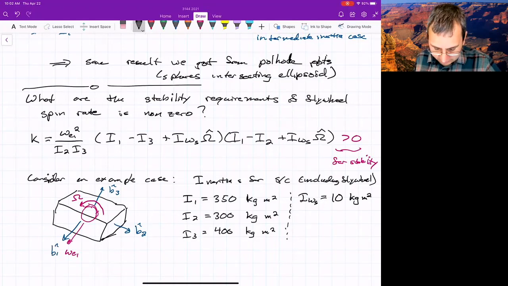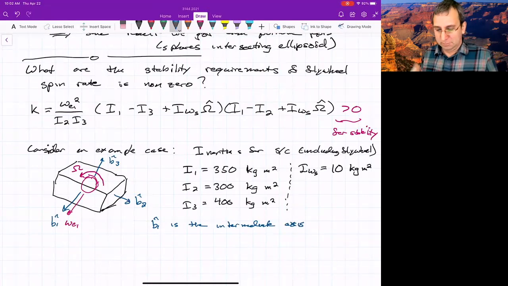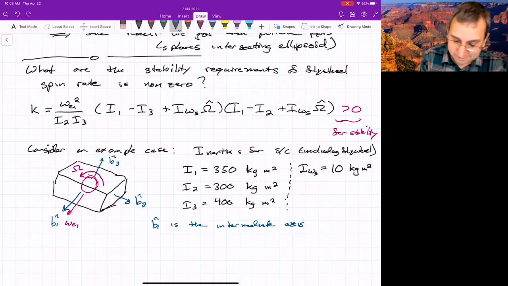Now, which axis is B1? It's got 350, so it's between 300 and 400. B1 is the intermediate axis. And the company knows this, or maybe you find out, maybe you were just given a shape and told, okay, figure it out. And so you come back, hey, it's the intermediate axis. So I'm going to have to do some analysis of this flywheel. And they're like, well,